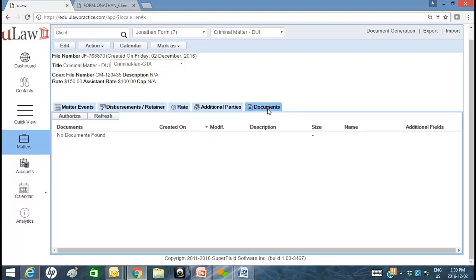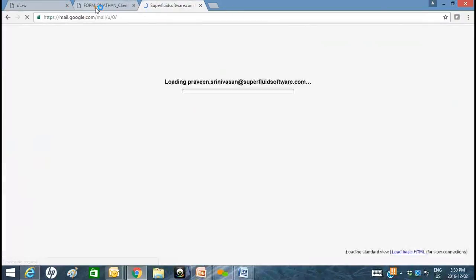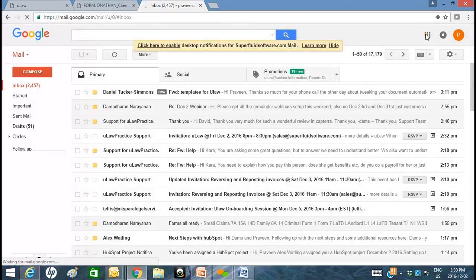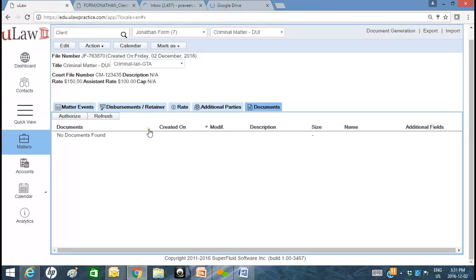Okay, so once you've done that, and once you've created a file number, when you hit the Documents tab, we then associate uLaw, or try to associate uLaw with your Gmail account. So Google Drive comes with every Gmail account. I'm going to quickly log into my corporate Gmail. And every Gmail account comes with its own copy of Google Drive that gives you 15 gigabytes of data. It's right under here. And what uLaw does when you make that association, and when you see this, no documents found,